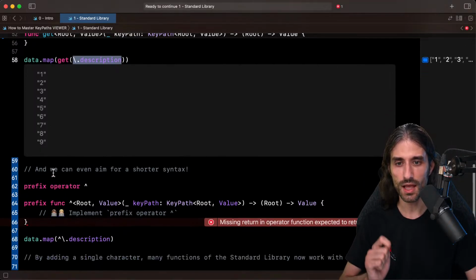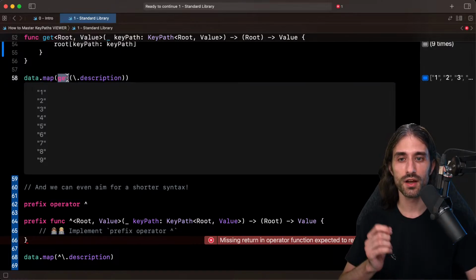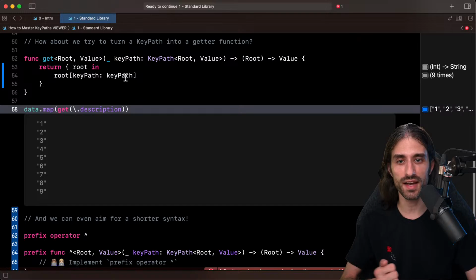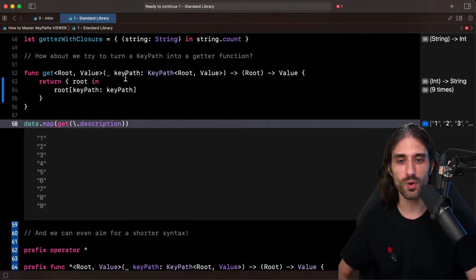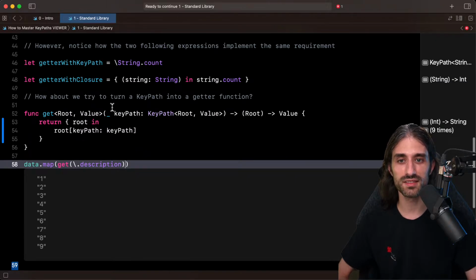Okay. This syntax is nice, but we could make it even shorter because we need to put in the word get, then add parentheses around the key path, and that's not great. One of the reasons why key paths were introduced is because they are a nicer syntax than a closure. Basically, there are two problems with using closures for getters.